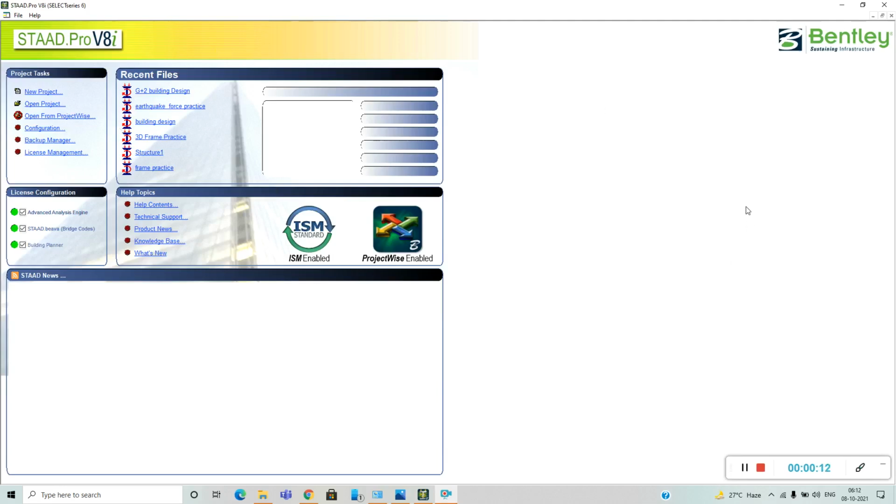This is the interface of the Staad software. We can see here a new project file option and configurations. We can also see here the recent files we also created before. We can see here the geometry of this file, and we want to set first of all configurations. Then click on the configuration option,